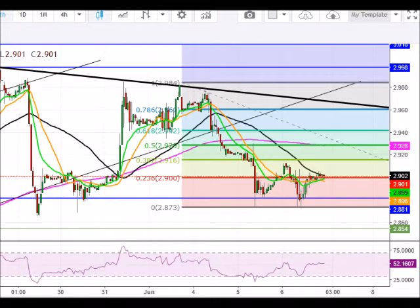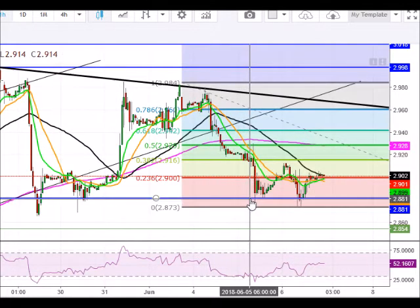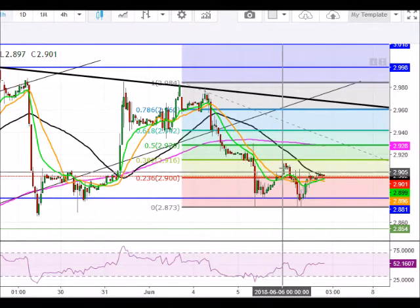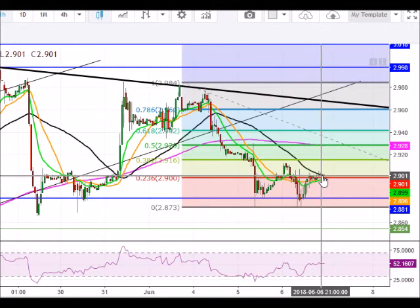Let's jump into the analysis here. Natural gas hourly time frame. As you can see, we had a very nice pullback all the way down to a little bit through the 288 mark, like I was looking at, down to around 287.3. Popped back up, and again, still fighting with that 23.6 fib here, and also looking at a challenge of the